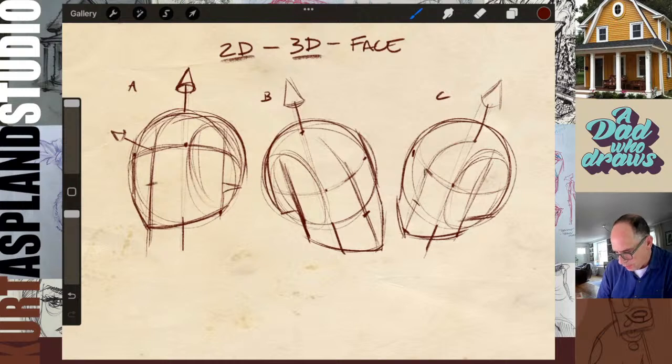Next, let's get our nose in place. With our nose, we're going to have a keystone shape. The keystone shape is like this right here. It's going to be the top of the nose right there. Let's put that on each one. I'm going to come down like this, and that's basically the shape of my nose.